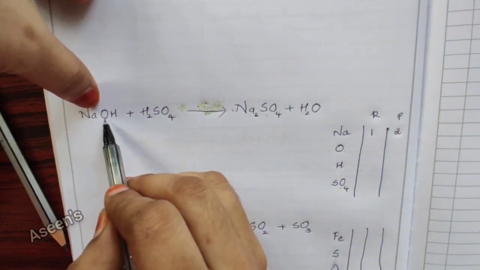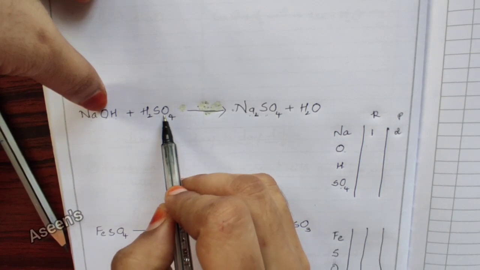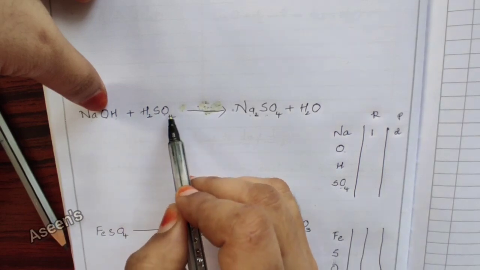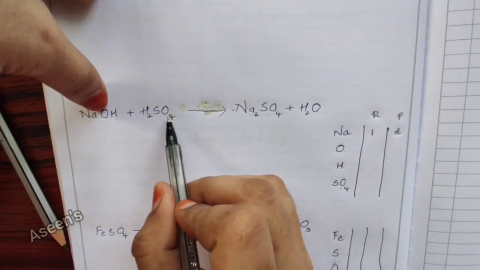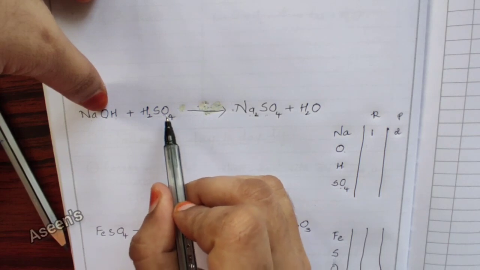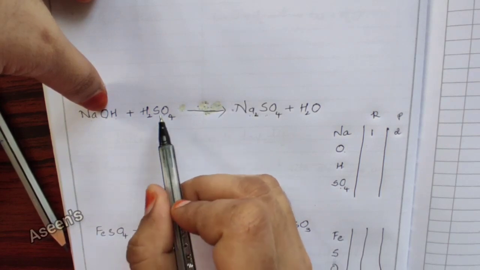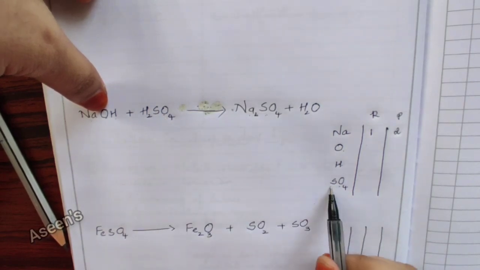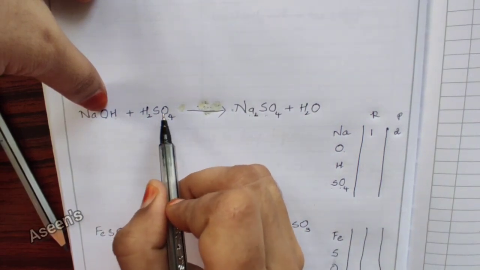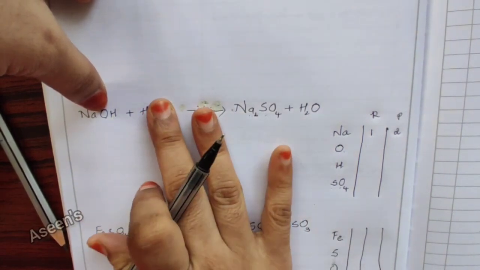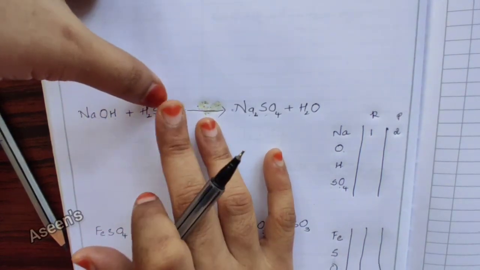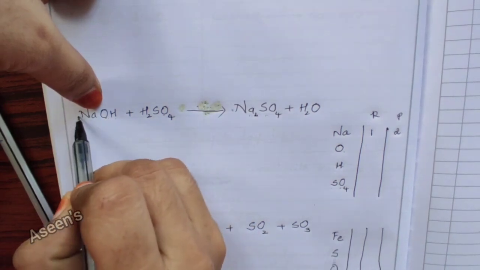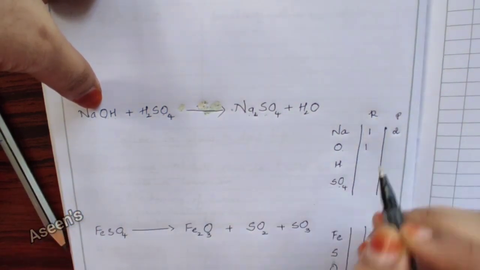Next, O. Here I have got 1 and here I have got 4. Since I don't have a number here, it's considered 1, so 4 ones are 4. But I shouldn't consider this O. The reason is I have taken this O together with SO4 over here. So this particular O is out of boundary. I have to just deal with the O's outside this SO4, and that is this one. I don't have any exponent number over here, and I don't have any over here, so it's considered 1.